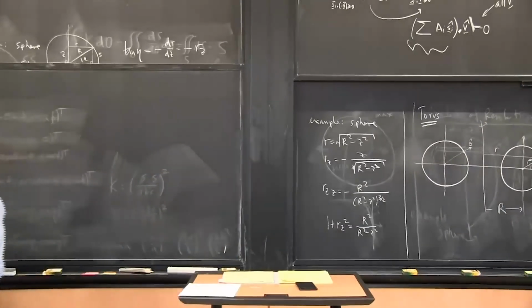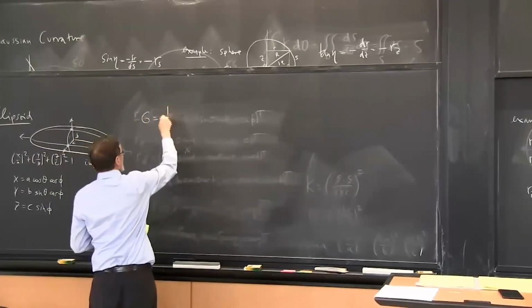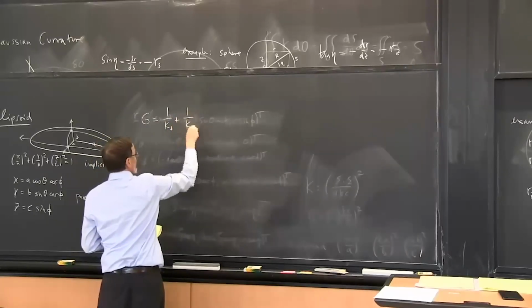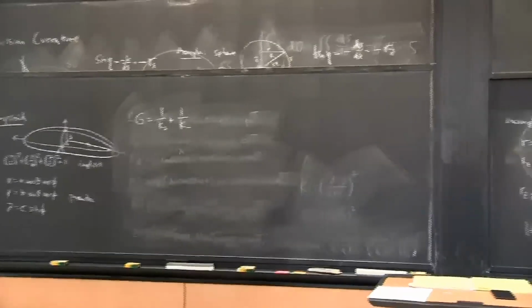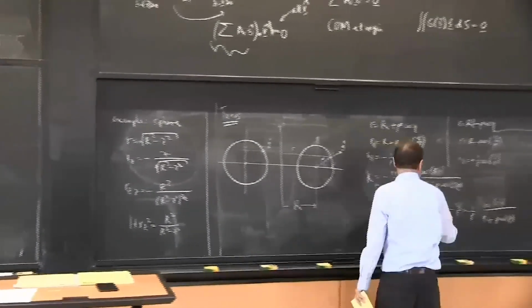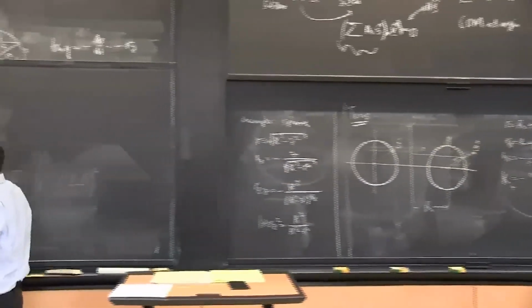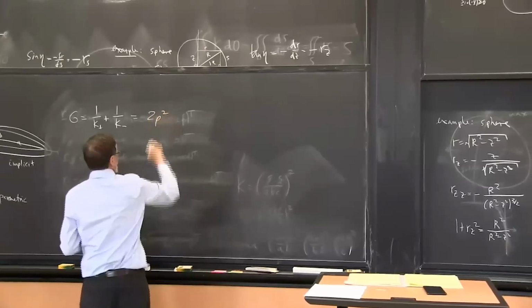And actually, of course, we're interested in the inverse. We're interested in G. And so if we think of those as K plus and K minus,